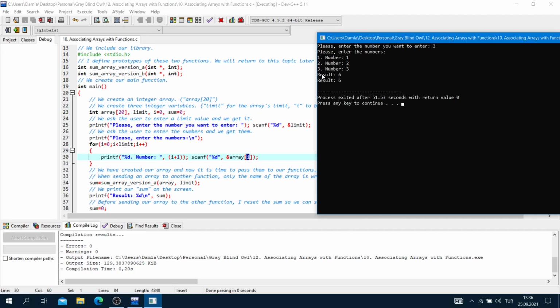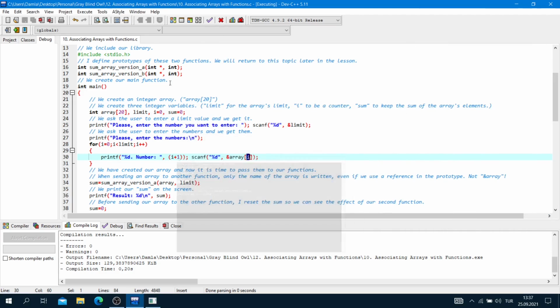As you can see, our result is equal to 6, and our result is equal to 6. The answers are the same. This answer belongs to our first function, and this answer belongs to our second function.